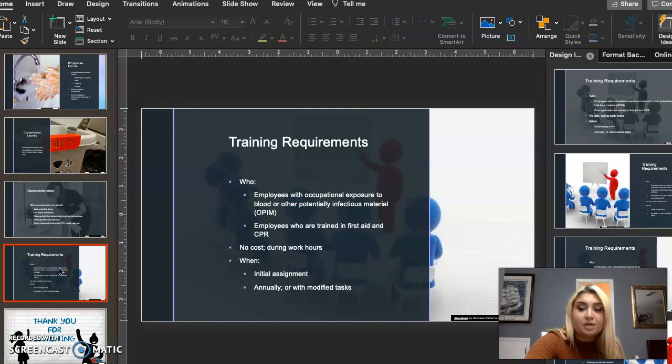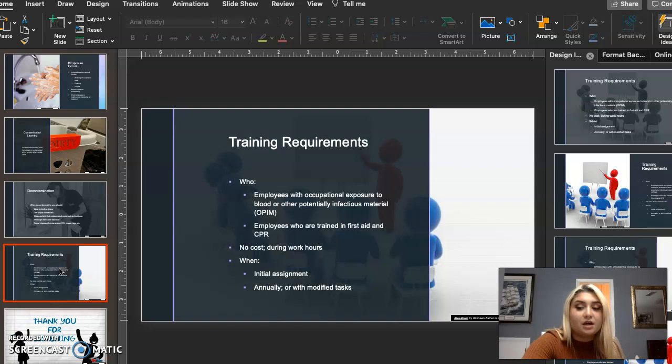an explanation of the appropriate methods for recognizing tasks and other activities that may involve exposure to blood and other potentially infectious materials, an explanation of the use and limitations of methods that will prevent or reduce exposure, including appropriate engineering controls, work practices, and personal protective equipment, information on the types, proper use, location, removal, handling, decontamination, and disposal of personal protective equipment,